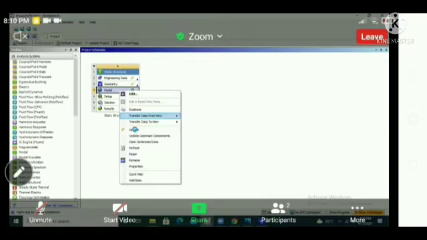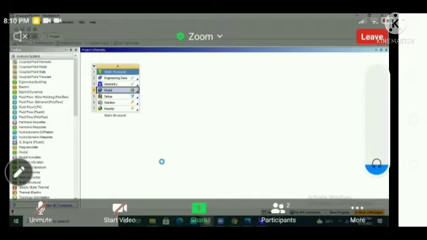Click on the model option and update. The tick mark represents that the model has been updated successfully.